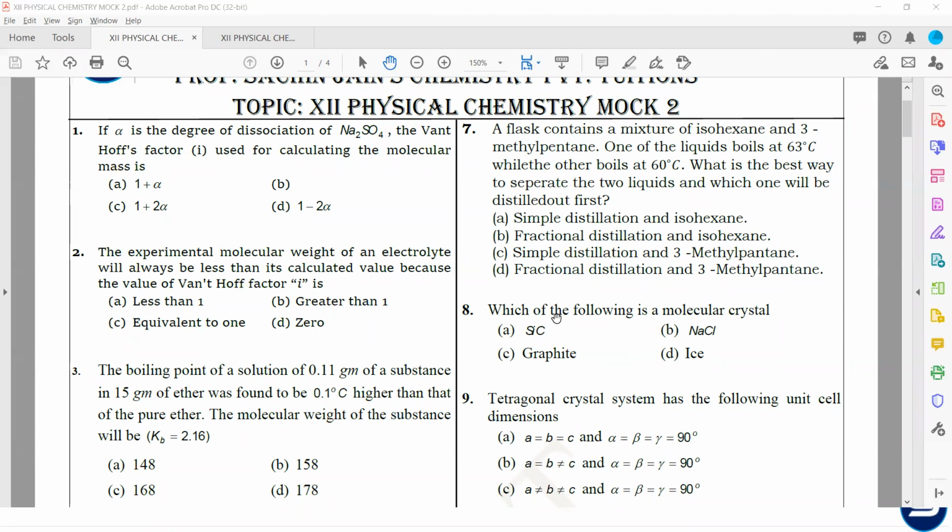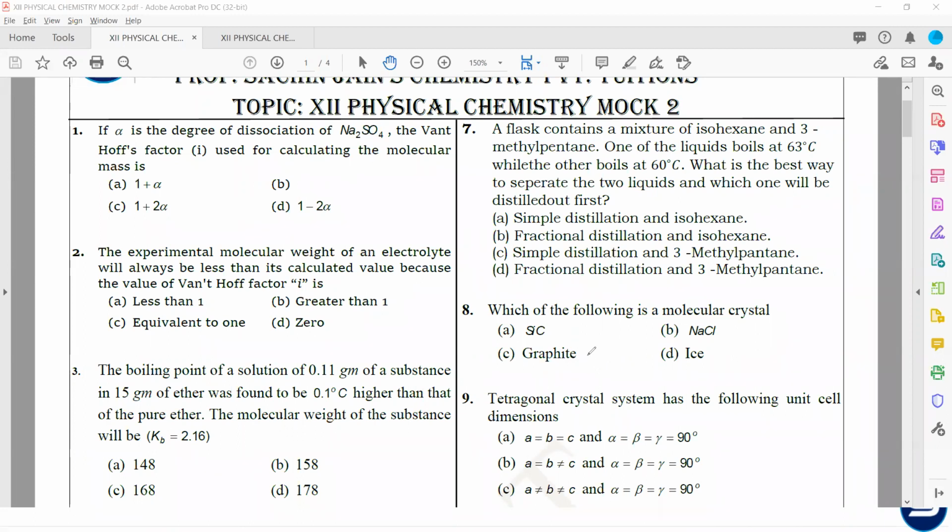So if you have iso, sec, and tert, then iso will be the highest, right? The boiling point. Yes, because boiling point follows the order as 1, 2, 3. Here both were secondary and both were having the branches, but the difference was the branch was at second and third. So as a trick, अब यहाँ पर बहुत difficult है to identify किसका boiling point ज़्यादा होगा और किसका कम होगा, क्योंकि दोनों ही secondary वाले alkanes हैं. ठीक है, इसलिए यहाँ पर ट्रिक ये है कि जिसका substituent closer रहेगा उसका boiling point कम रहेगा. Okay.